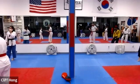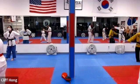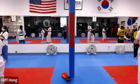And then from here, you have to pivot on the front foot. You have to move your right foot toward the back. And then that way, 2. So this is kind of awkward. The reason why they designed tiger stance this way,